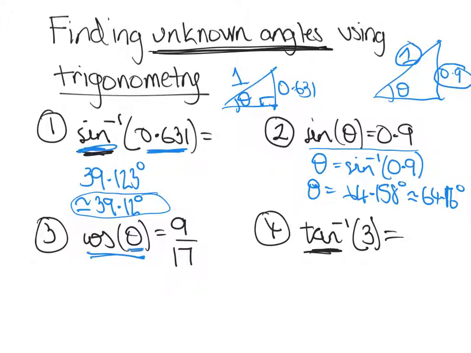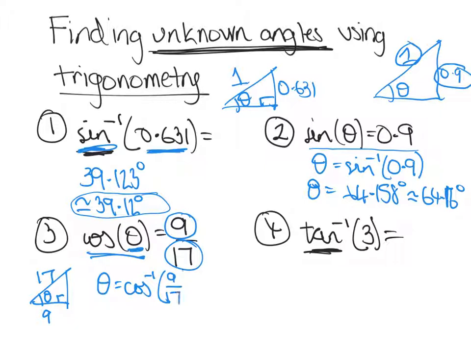Alright, what happens if we have this one here? We have cos of some angle is equal to 9 over 17. Now if we were to just draw a quick triangle, there's theta. Now cos is the adjacent divided by the hypotenuse, so that would be 9 and 17. So I don't want to work out any side length here, I want to work out this unknown angle. So it will be theta is equal to inverse cos of 9 divided by 17. Now when you put that into your calculator, you should find that it's equal to 58.034, which is approximately